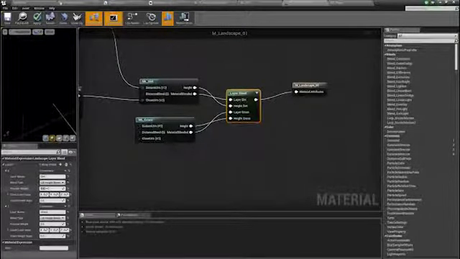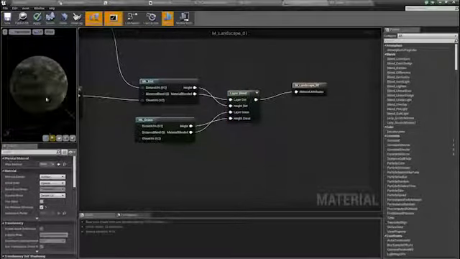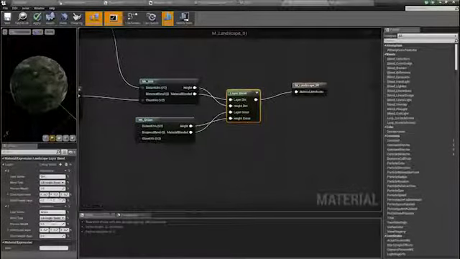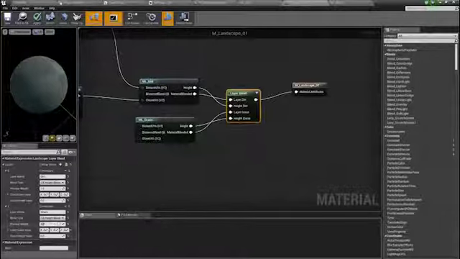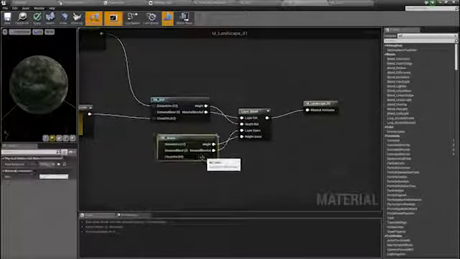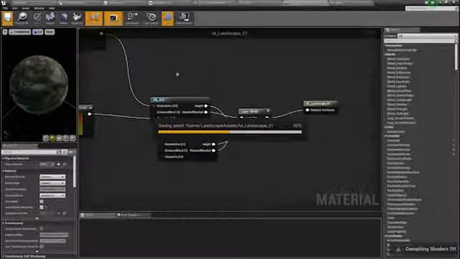But if I were to set the grass to 0.5, you can see it's starting to come in. If I then turn the grass blend all the way up to 1, it's going to be a little clearer. So I'll just show you that in just a second. It's hard to see on this node, but if I hit save,